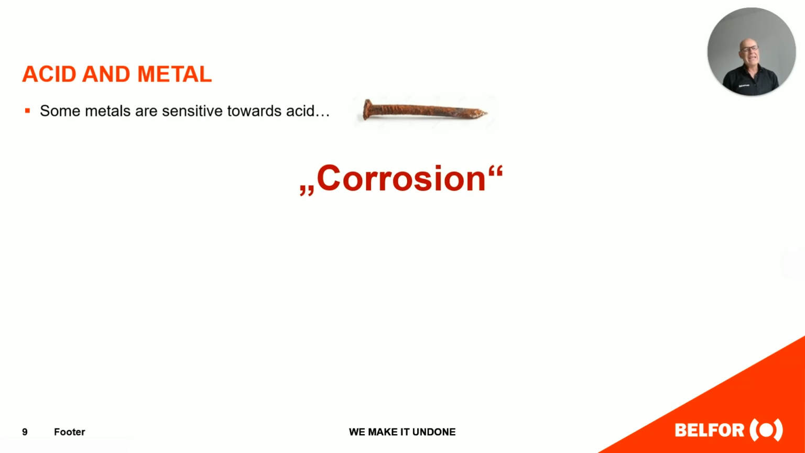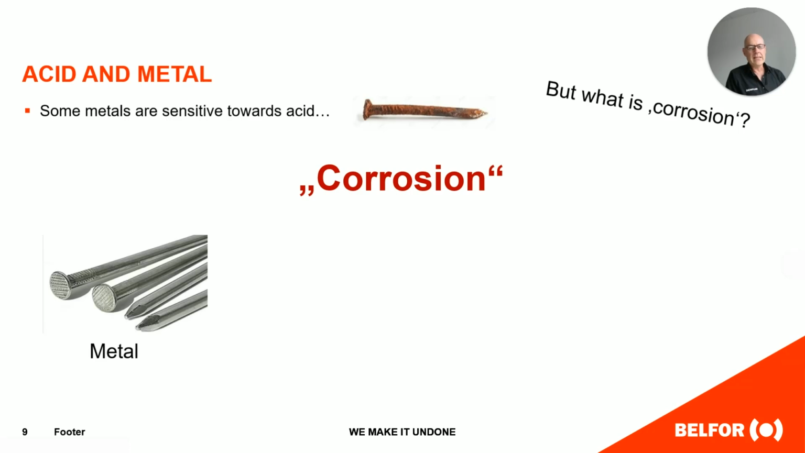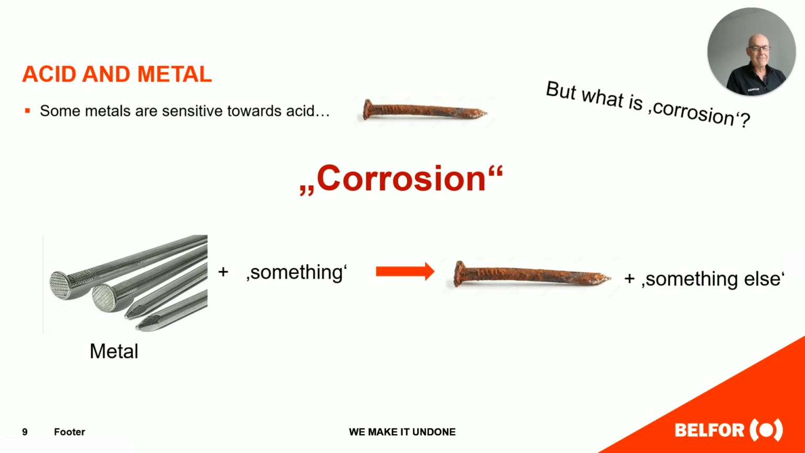Well, what is this corrosion? Let's have a little bit of a look at the corrosion, and we don't want to go too deep into the chemical details. Let's say we have got metal, and if we add some accelerators, and by the way, the hydrochloric is a fantastic accelerator, if we add some accelerators, then as a result, we will get the corrosion process, which is, and that's important,